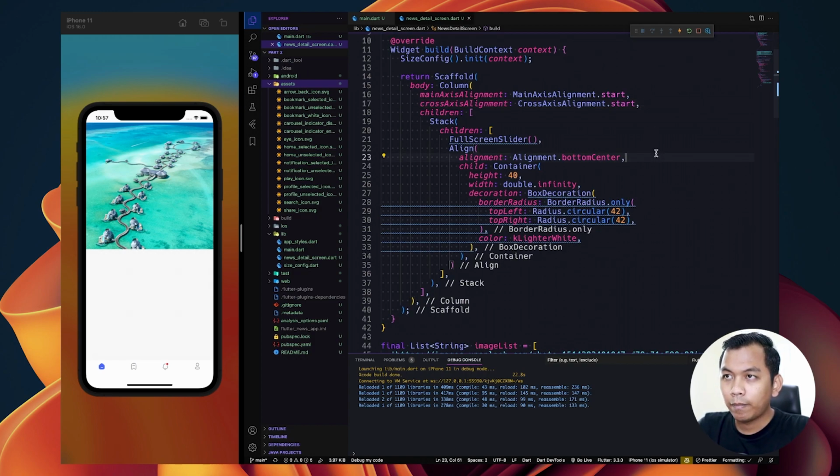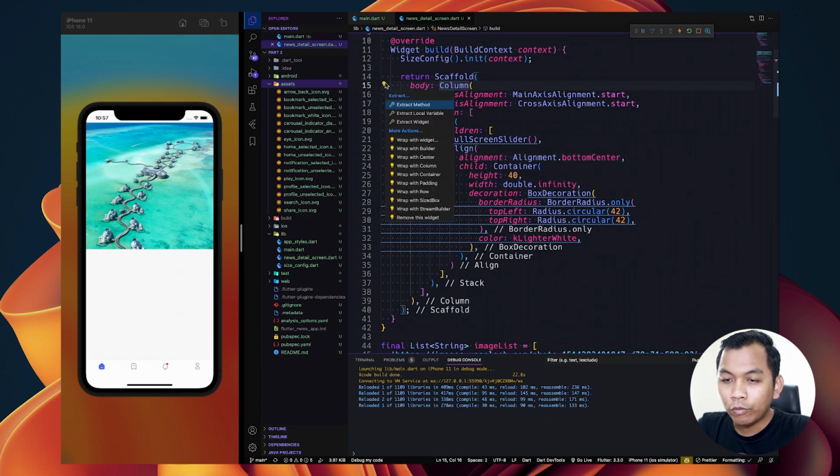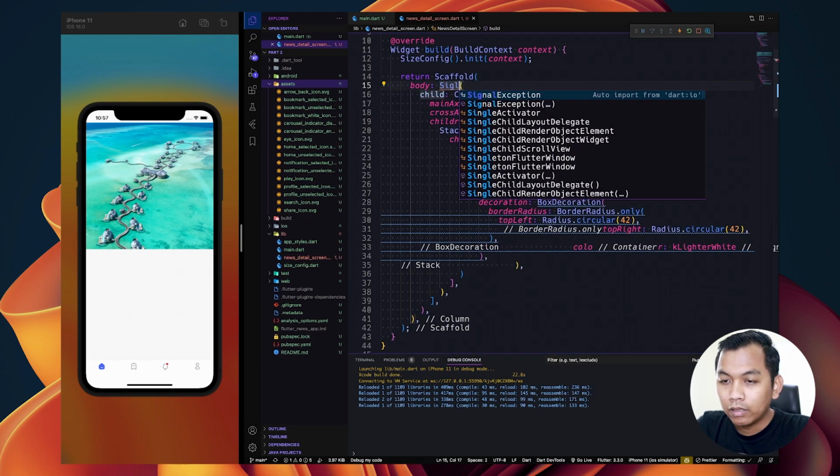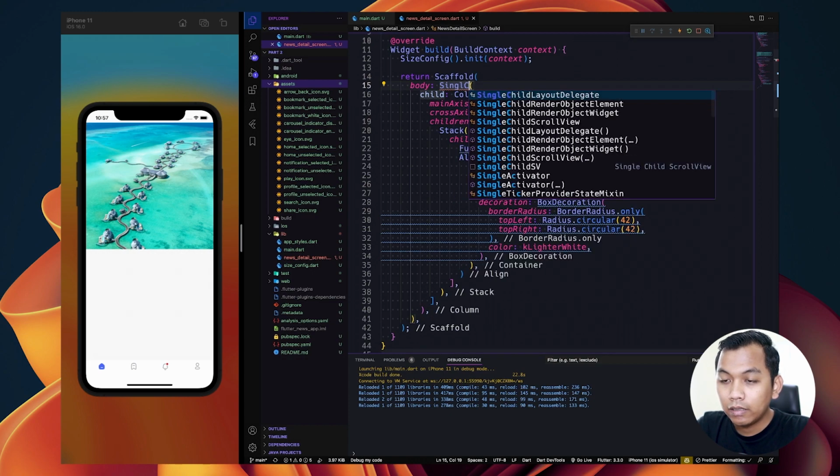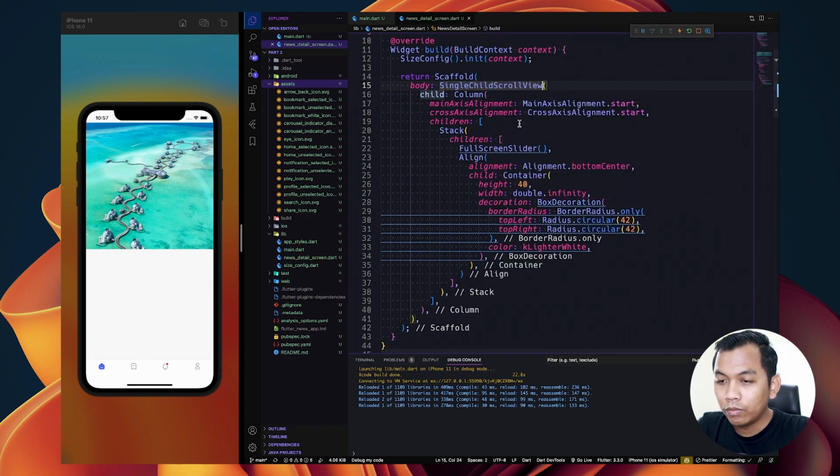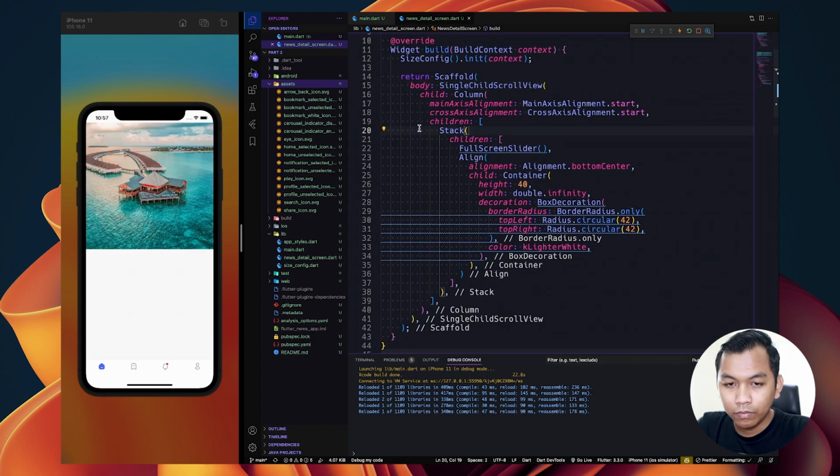It looks like this. And we need to wrap this column widget with a SingleChildScrollView.